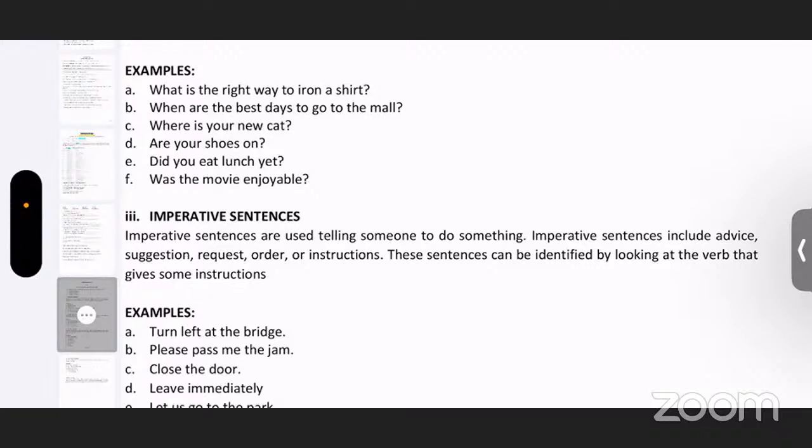Are your shoes on? That means, are you wearing them or are you without your shoes? So here you have been asked a question about yes or no. If you're going to answer yes or no straight to it, that won't be right. Let me tell you, that won't be right. You need to consider very carefully how you're going to answer it. Because in the speaking part of your examination, whenever you have to answer, you cannot answer in yes or no only. You have to answer